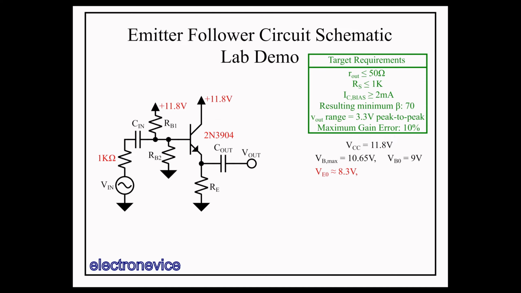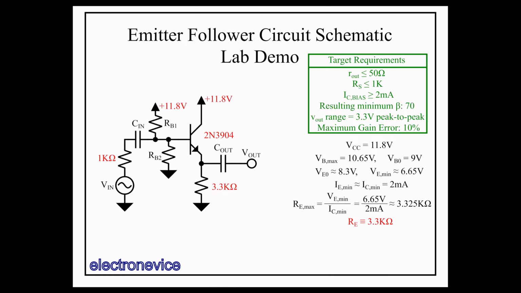Minimum output voltage is around 8.3 volts minus 1.65 volts, which is 6.65 volts. So we need to make 6.65 volts on the emitter produce our 2 milliamp minimum collector current. We're going to just assume beta is such that the collector and emitter currents are about the same. The emitter resistance required to produce 2 milliamps with 6.65 volts is about 3.325 kiloohms. The closest standard value I have is 3.3K, which will actually make the current slightly higher, which should account for the slight difference between emitter and collector current and generally make the circuit more reliably meet the requirements.